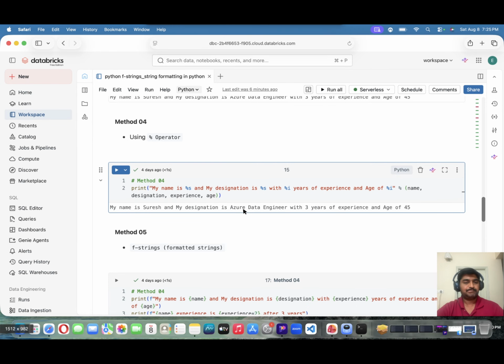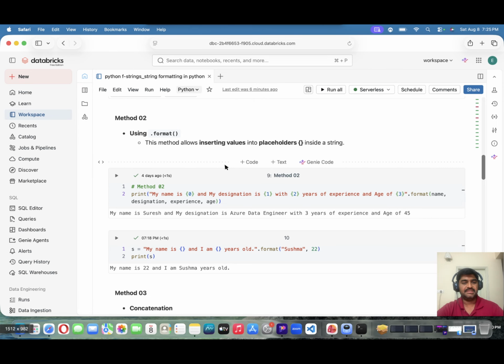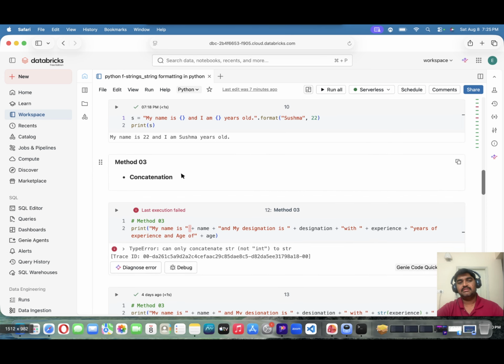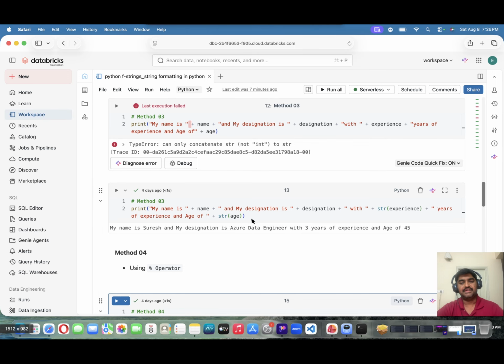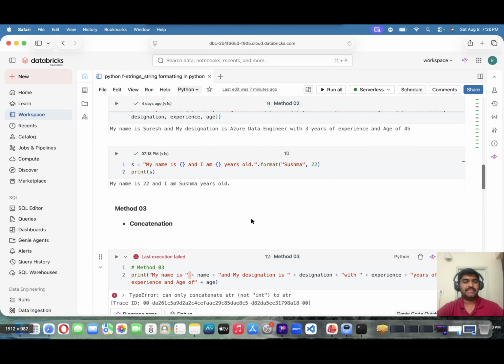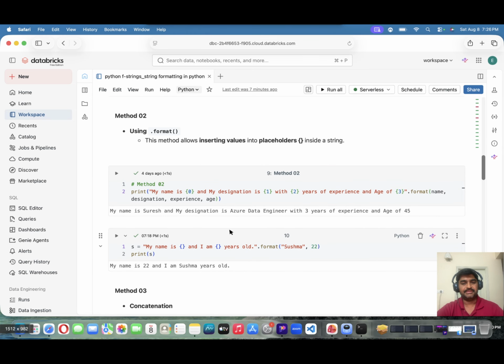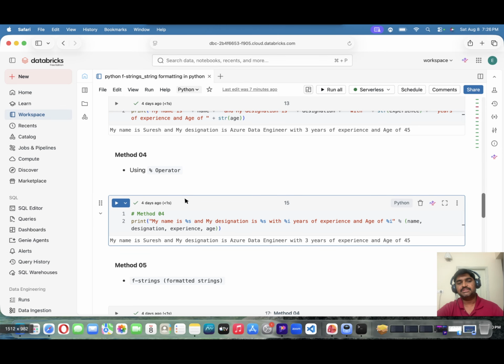So now our first method, modern F-string approach method, and concatenation method. So these are all a little complex. Little complex means it is time consuming. So we need to take care, and debugging is difficult. So compared to these two methods, this percent dot format method and percent operator method is much better than